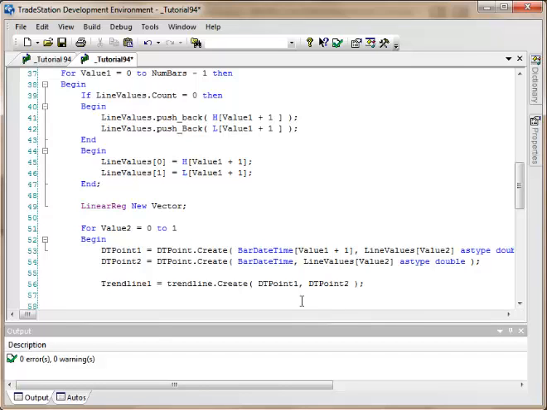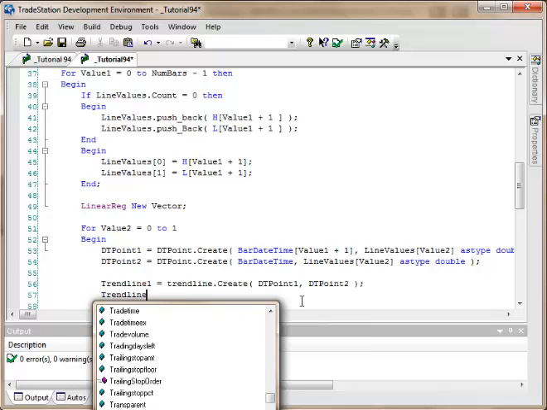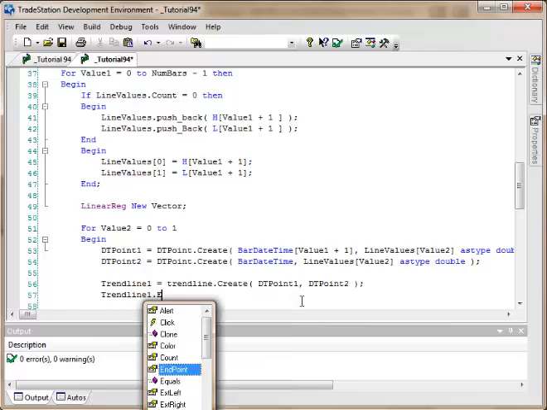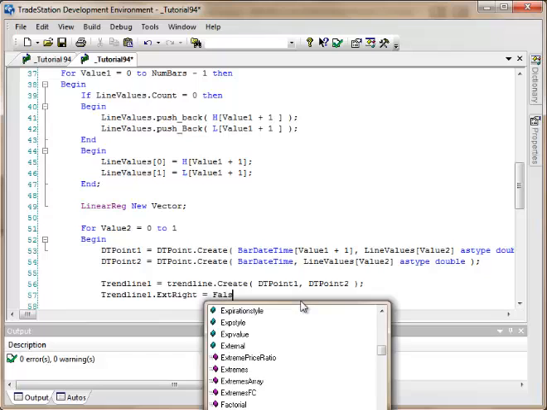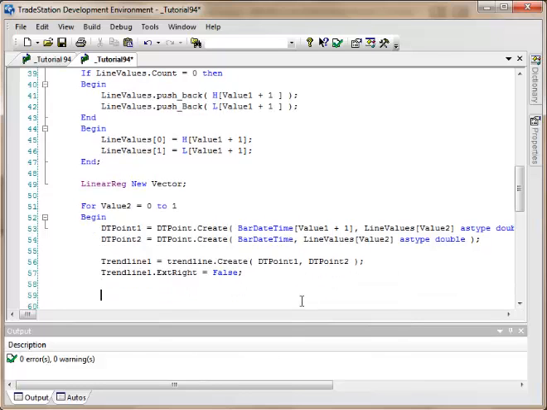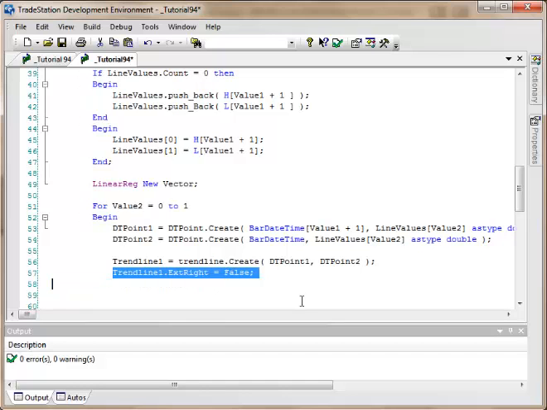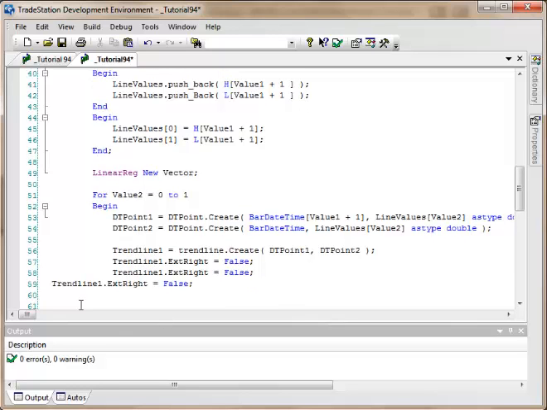And then, having created the trend line, what we then need to do is add a couple of attributes of it. So we're going to go trend line 1 dot extend right. I'm going to make that equal to false. So we don't want it to extend to the right. You may want it to extend to the right, in which case you'd make that true. And I'm just going to copy this just to save a little bit of typing. Okay, and the other thing that we're going to put in here is